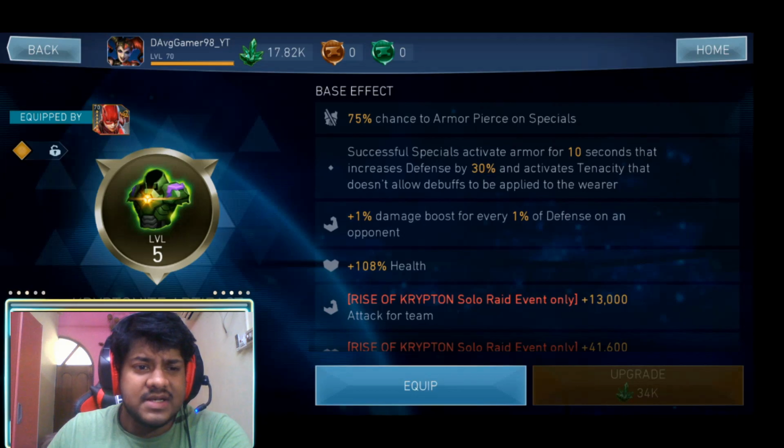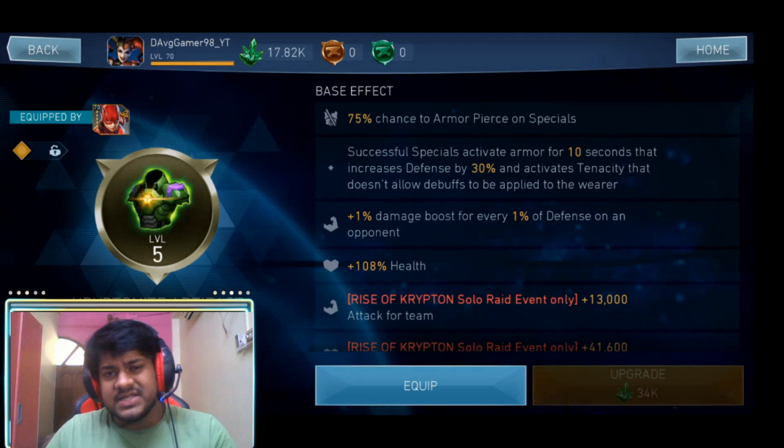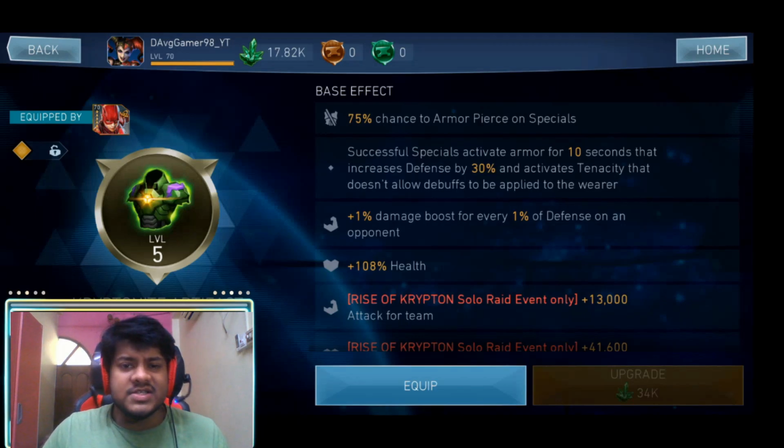So let's jump into the next artifact, which is one of the best artifacts of Rise of Krypton, and I personally believe it's one of the top tier artifacts that you can actually have. And this, along with the Beta Club, is definitely the best artifacts of Rise of Krypton solo raids. So let's look at what this artifact does. 75% chance to armor pierce on specials. At level 10, this is 100%,